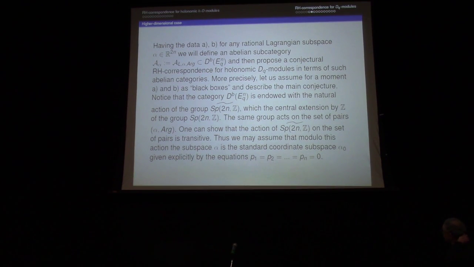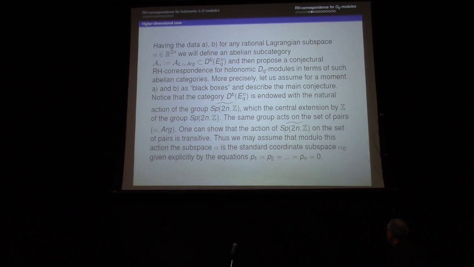Now, the choice of the argument function basically corresponds to the action of the group Z, to the shifts in the derived category. There is an action of the central extension of the group Sp(2n, Z) by Z. So this group acts on the derived category, a kind of mixture of Fourier-Mukai and shifts,